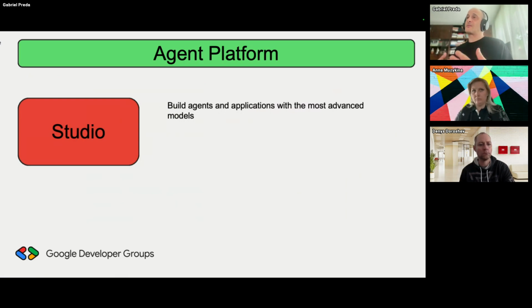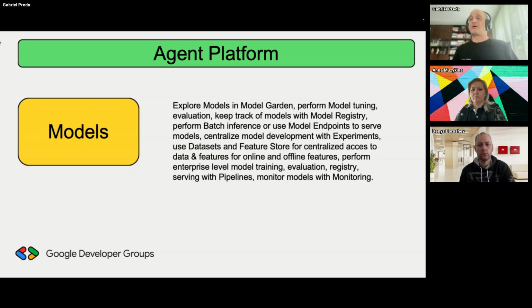Studio, it's about building agents and applications with the most advanced models. With models, you still have the models accessible in Model Garden as before in Vertex AI. So Model Garden remains Model Garden, and you still can do everything you were doing before. That